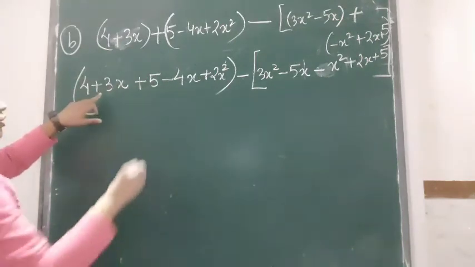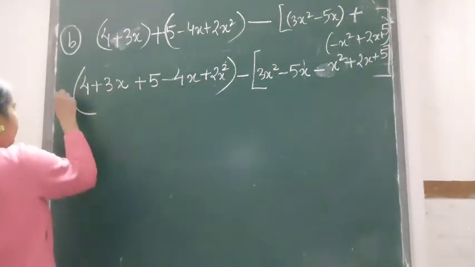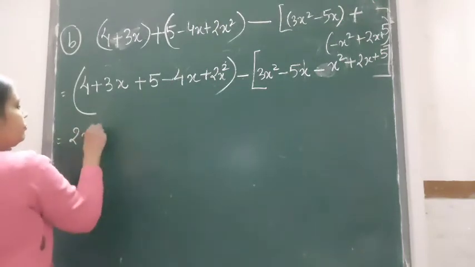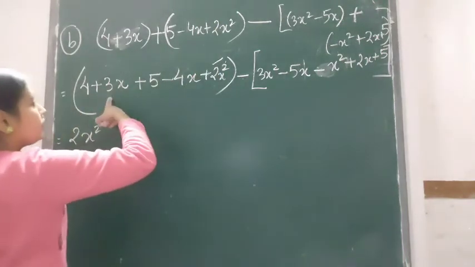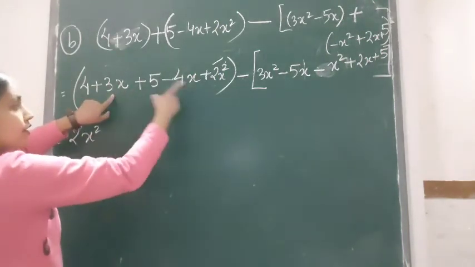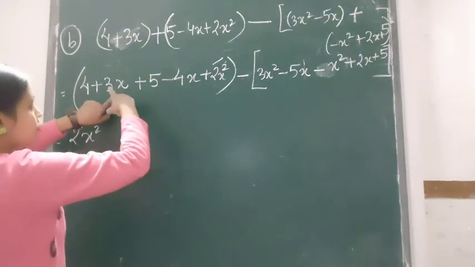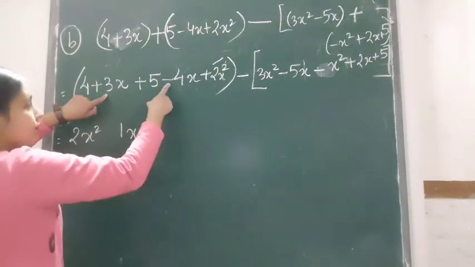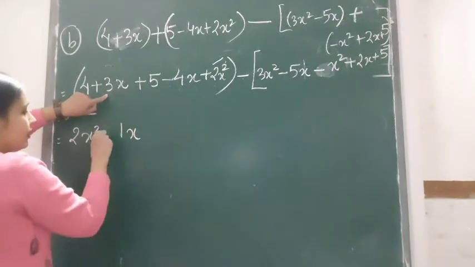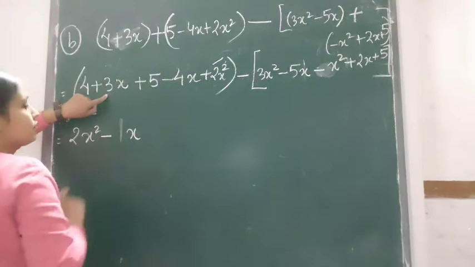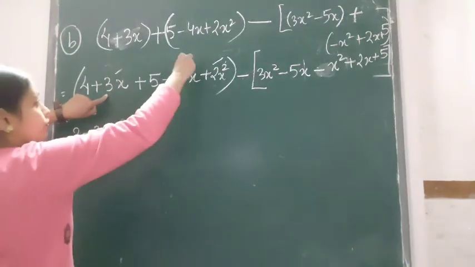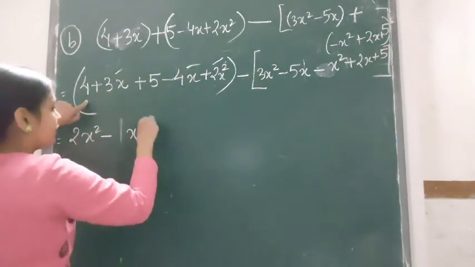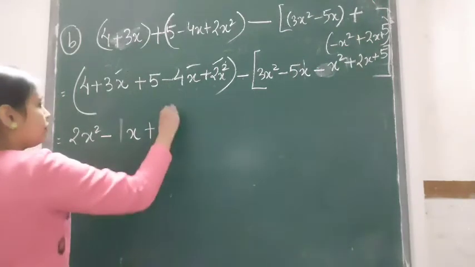Anything which is getting cancelled here? No. 2x square, we write first. So this term is over. 3x minus 4x. Terms are common, parts are common. So 3 minus 4, that is 1. So 1x, and answer will be negative because 4 is greater and it is negative. So the answer is minus x. This is also over. 4 plus 5 gives us 9. So this is one term.